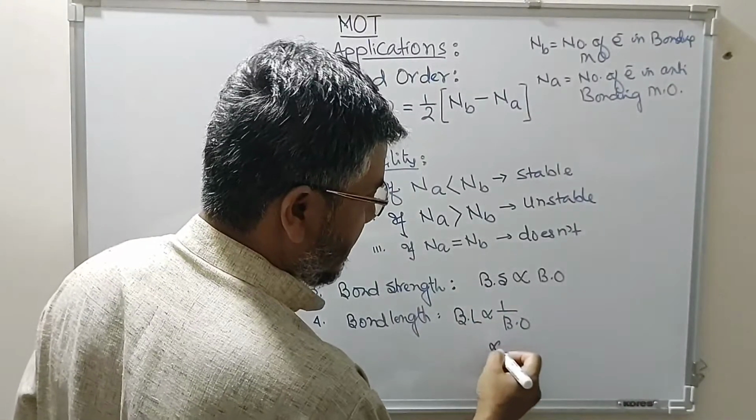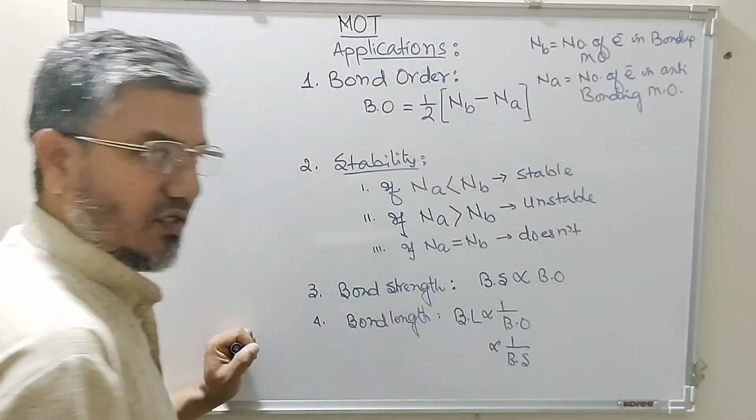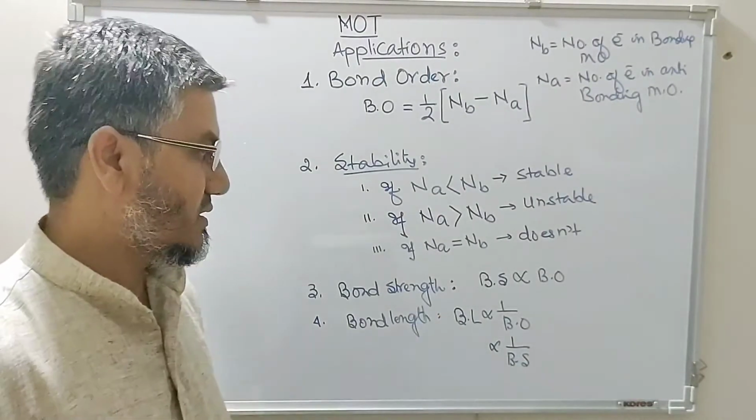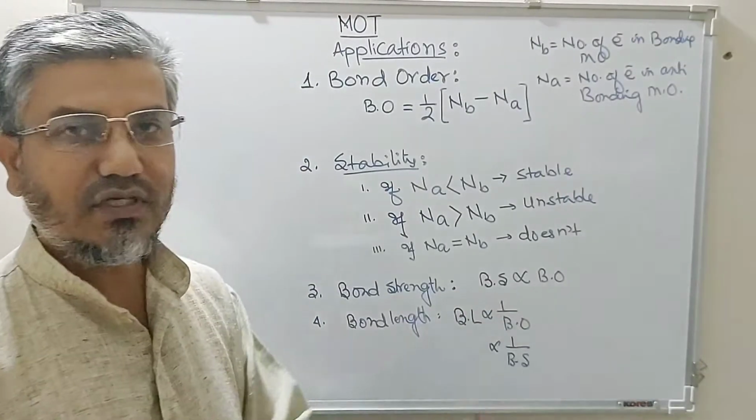So we can also say, stronger the bond, the bond length will be less. If the bond is weaker, the bond length will be more. Then we have, look at this,